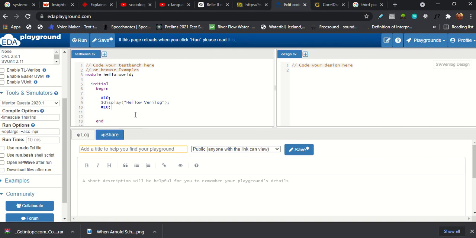Right now our code is ready. So let me revise once again. Every Verilog code will be between module and endmodule, right? That is the first thing to remember. And then, because you want to run some processes, all those processes will come inside the initial block. Remember this initial block, and this initial block contains begin and end. Whatever code is between begin and end will run, because it runs with the initial block. So remember this code, and now we will run this code.